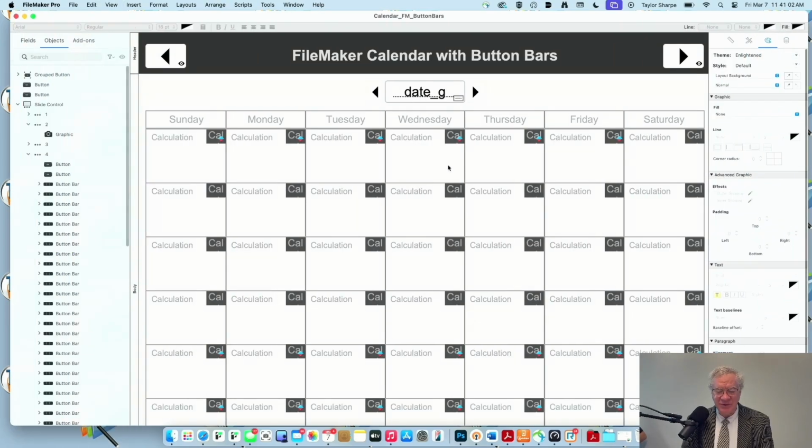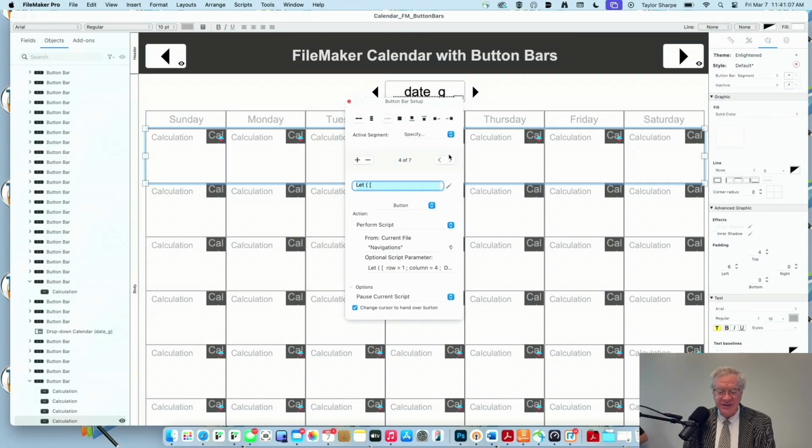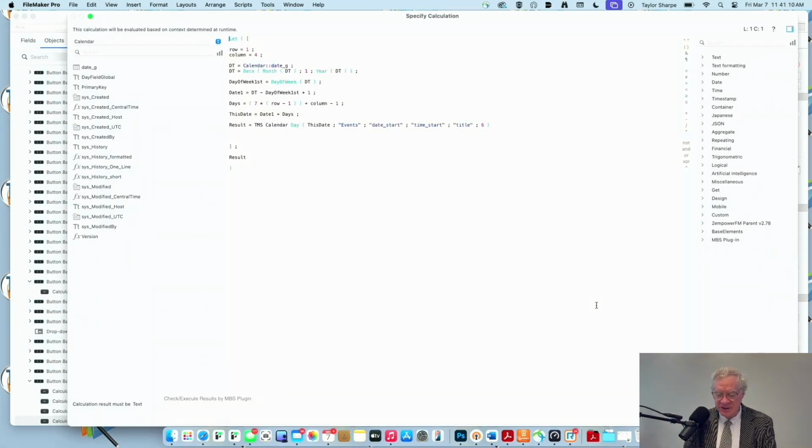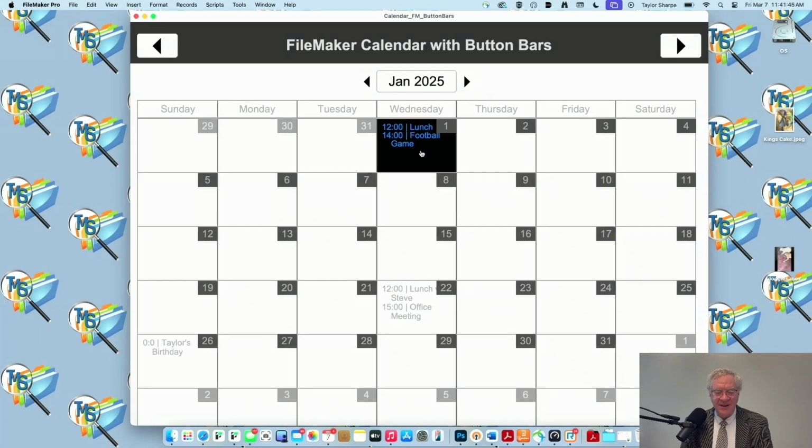But I was just being real simple, just to add a calculation in here to show that. Literally, here's the calculation. So I created a custom function here, and I'll show you the custom function. It takes whatever the date is, goes and looks in the events table for whatever the date is, the start time and whatever the title was. And so it's a little custom function that makes a SQL call, goes over, pulls the event, and then displays it the way we see it right here.